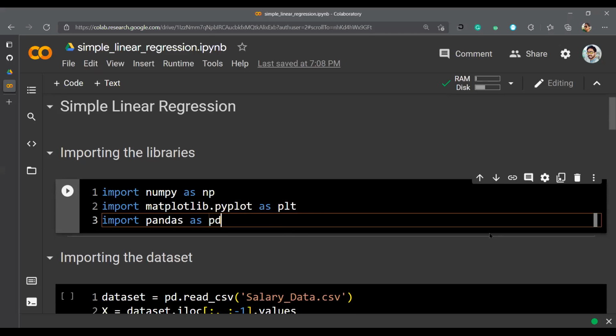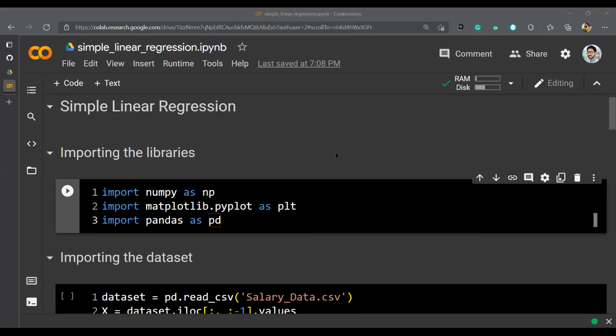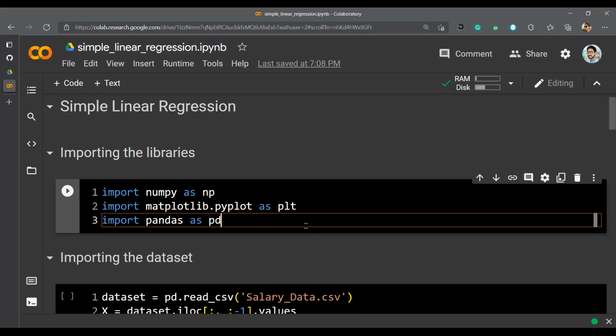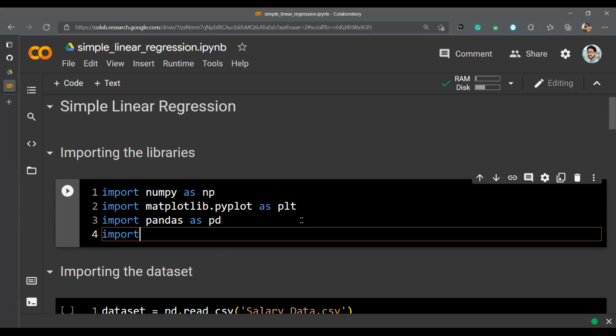You should be aware about NumPy, Pandas, how data frame works, how Matplotlib works, how Seaborn and all, and even sklearn and all. So that's the basic requirement. Apart from that, we will be importing NumPy, then Matplotlib. Even we can import Seaborn as well.